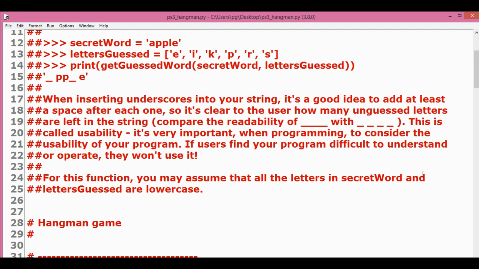Before we begin, please understand that there may be several possible ways to solve any given coding problem. The way I am attempting to solve this is just one of the many possible solutions. If you want, you can pause this video here, try to attempt this problem on your own, and then come back to this video to see the way I have tried to solve this. Okay, let's begin.